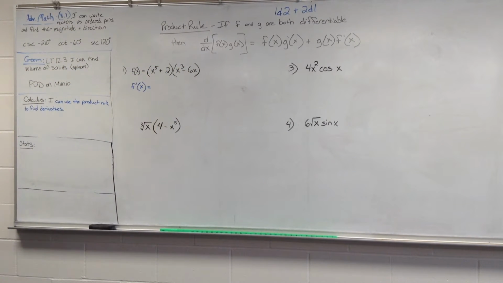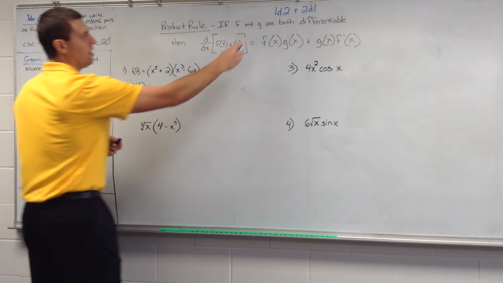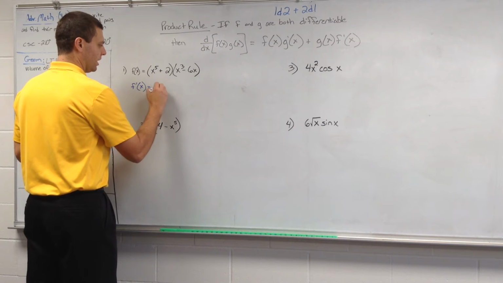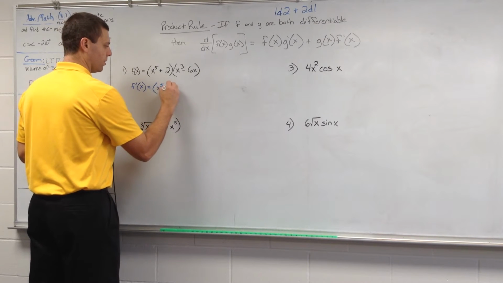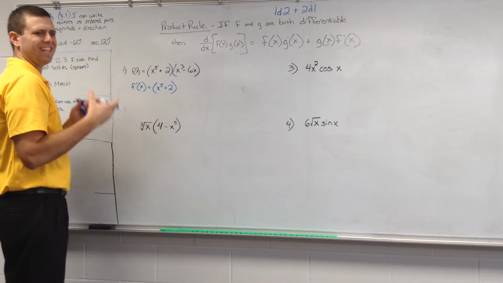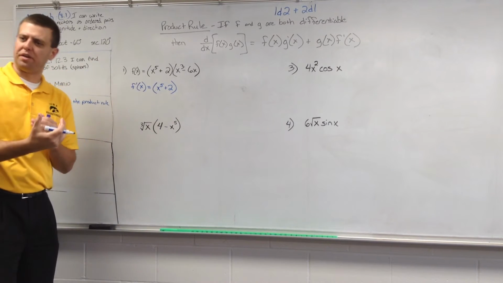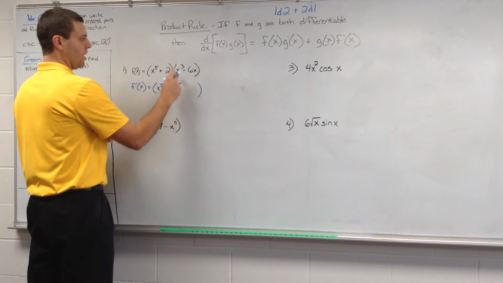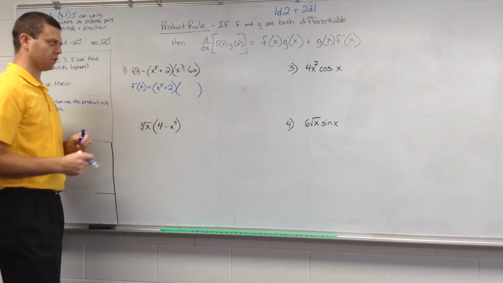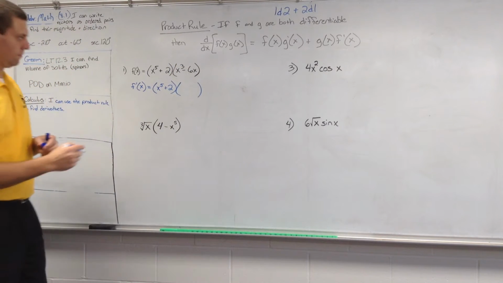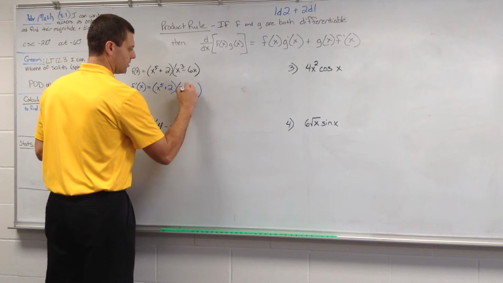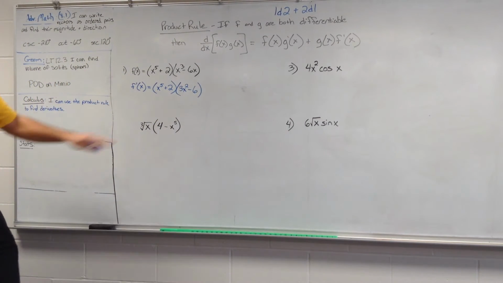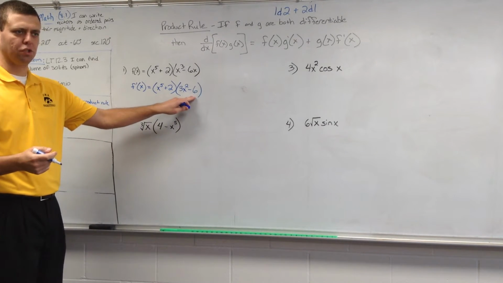So if I'm going to do the 1d2 part, well, 1 stays the same, so I'll have x to the fifth plus 2. d2 means the derivative of the second function. The derivative of x cubed minus 6x would be what? 3x squared minus 6. Okay, good. So there's our 1d2 part,